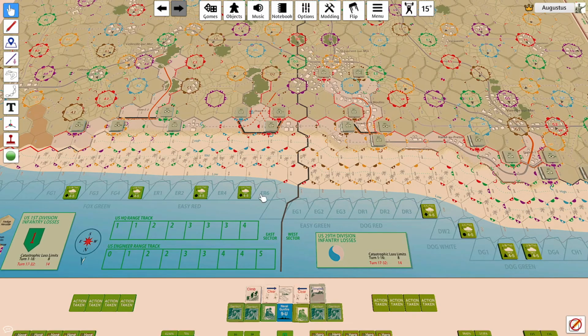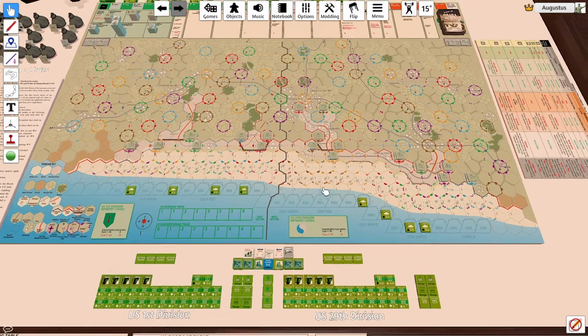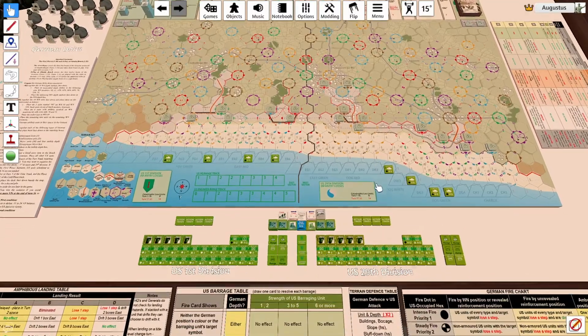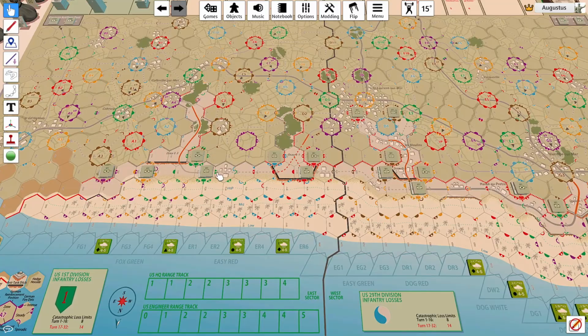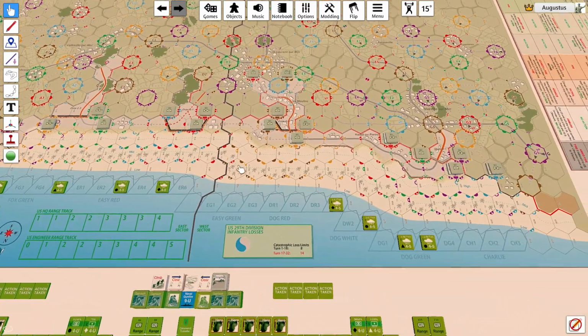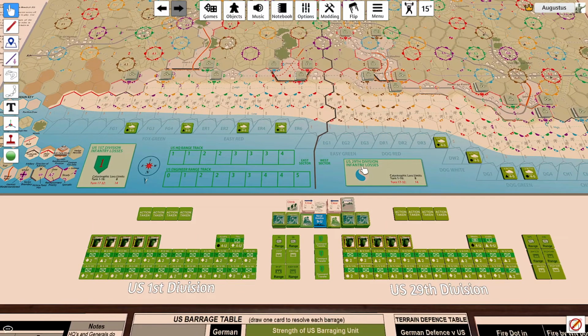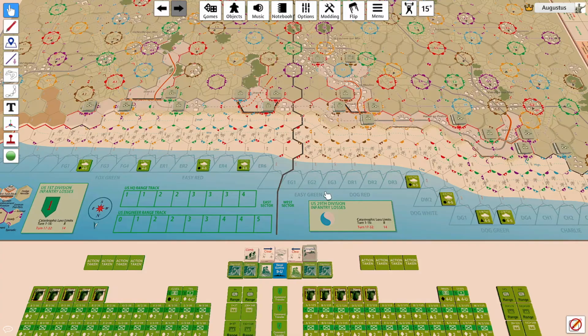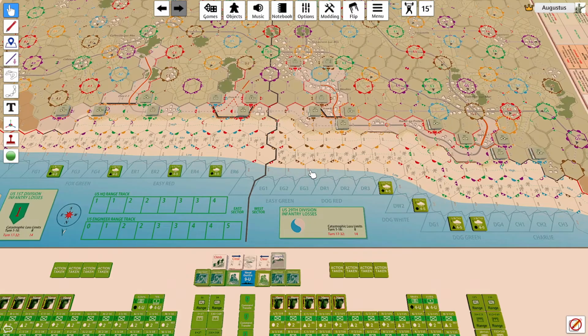Welcome everyone to D-Day at Omaha Beach, an exciting board game based on the D-Day landings and specifically the landing on Omaha Beach. Now, a little historical tidbit: Omaha Beach was one of the most heavily defended beaches of the landings on D-Day. And the two divisions here that we'll be playing as, the 1st Division and the 29th Division, hopefully will be making suffer less losses than they did historically, because historically it was a lot,